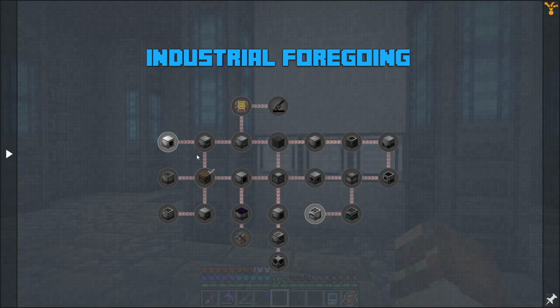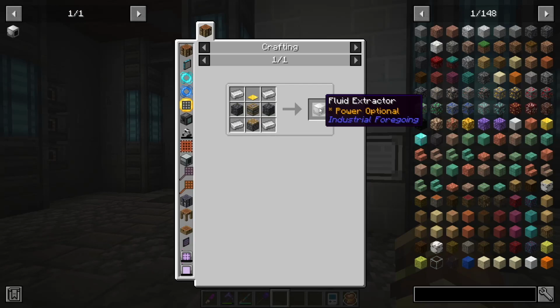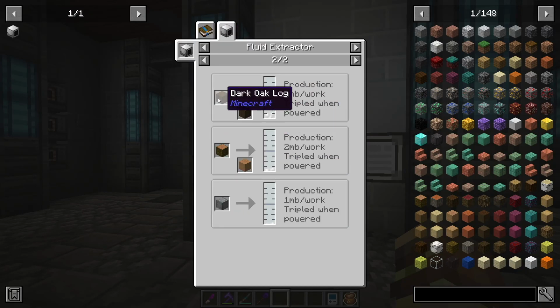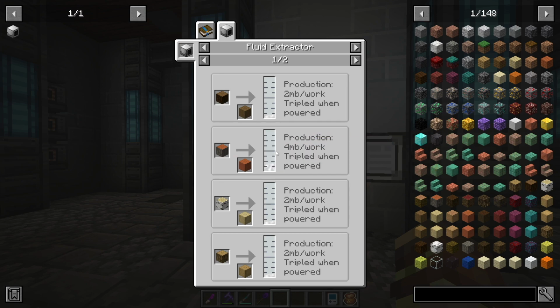So getting started in Industrial Foregoing, we have to first craft the fluid extractor. The fluid extractor is how we're going to go about collecting latex to turn into plastic. Now the fluid extractor basically takes the latex out of logs, and acacia logs actually give double the amount of latex per work cycle than other logs do. So we're going to want to find a way to get acacia logs automated coming into our